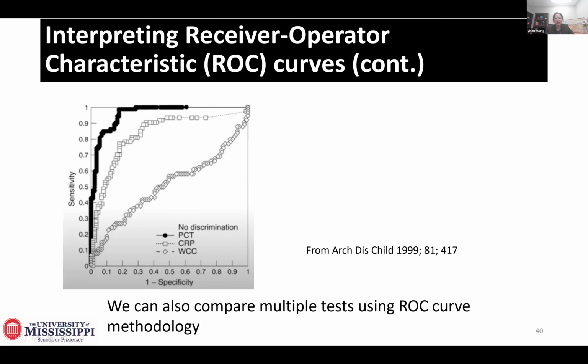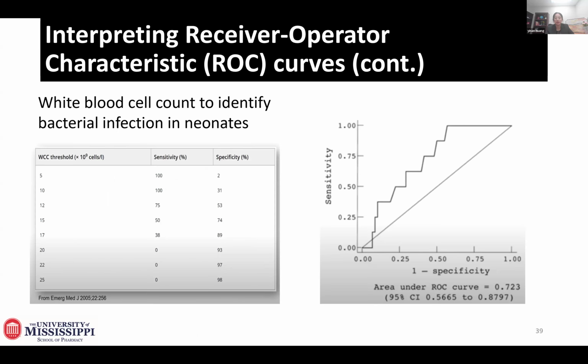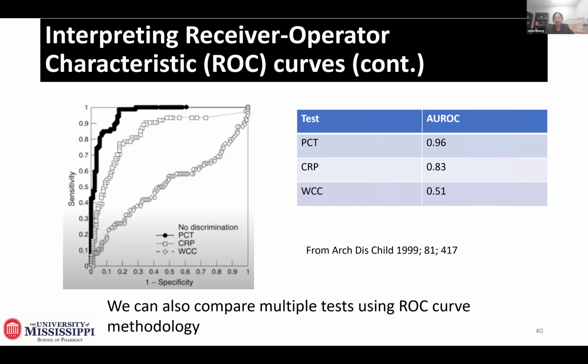And finally, we can compare multiple tests using the ROC curves. We can see that different tests have different AUROC results, because they are different ROC curves. And obviously we will choose the test that corresponds to